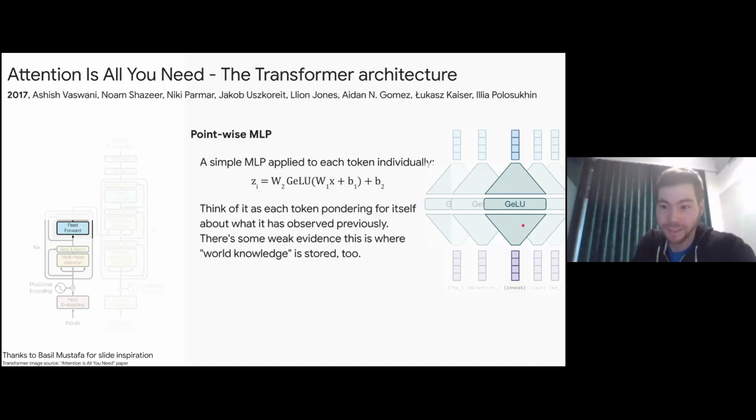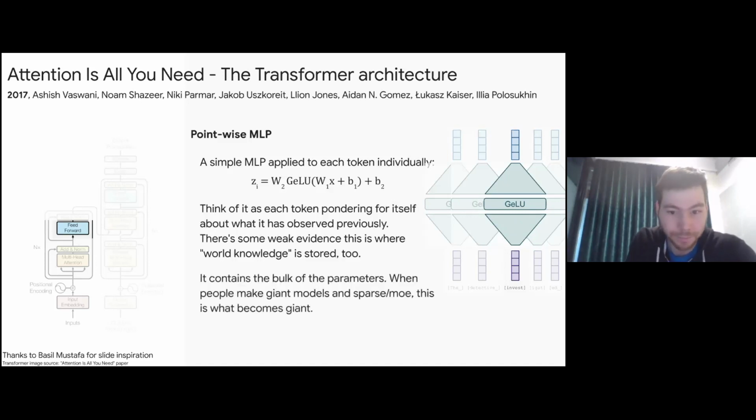Okay, so think about this as giving a lot of processing power to think about what it has seen and storing world knowledge that it has learned during training. It gets encoded in these weights, very likely, not 100% sure. This is also where most of the parameters of the architecture lie, which means there can be a lot of information stored there during training. And in these efforts of going towards gigantic transformers and mixture of experts transformers and so on, a large majority focuses on this block, because it has also been shown that scaling this block to larger and larger gives you the best bang for buck.